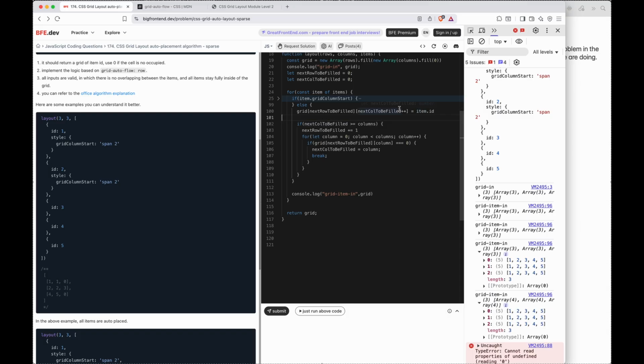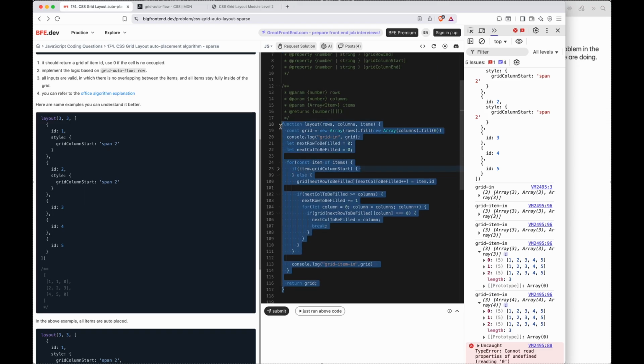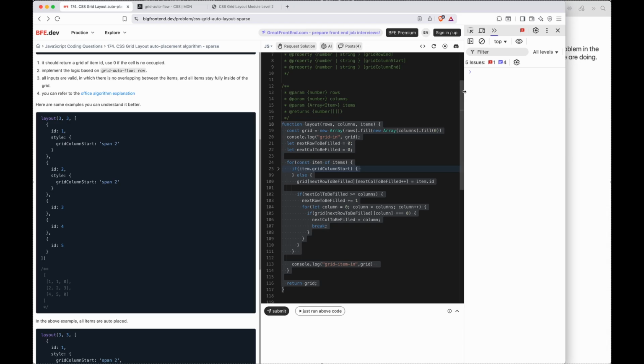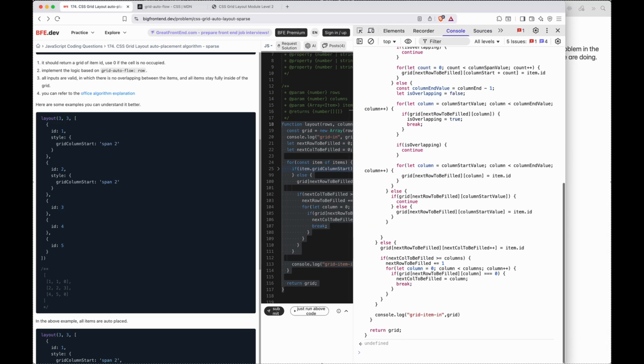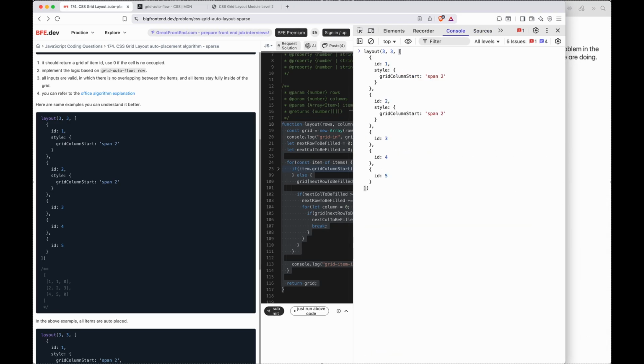Next column is now 3. 3 is less than or equal to columns, which is 3. True. Next column is 1. We are not doing a check again here that if the next column is not valid, but in this case it will work. It will have value 2 this time. Finding the empty, the first one is empty, we will fill it. I think this should work. If that was the only issue, the conversion into number of the span value, we can just